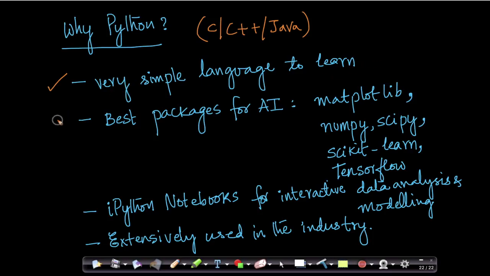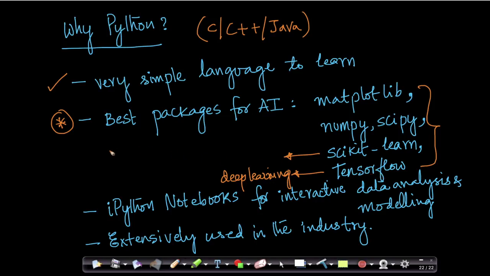But more importantly, this is the most important reason on why we picked up Python and not C, C++, or Java. Because Python has these terrific packages like Matplotlib, which is a great plotting library. We have NumPy and SciPy for scientific computing. We have scikit-learn, which is one of the most used libraries for machine learning, data science, and in general algorithms which are related to AI. We also have TensorFlow, which is used a lot for deep learning. TensorFlow is a toolkit built at Google. Even though TensorFlow is not built in Python natively, it has a brilliant Python support. It has a layer of Python code that we can easily use.